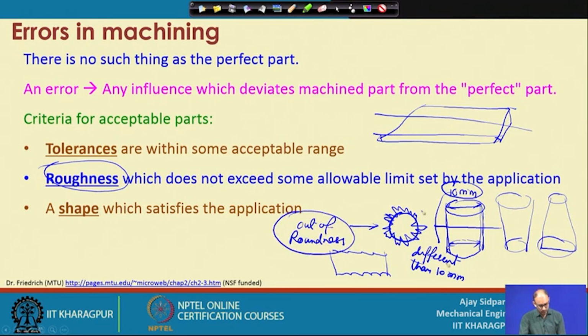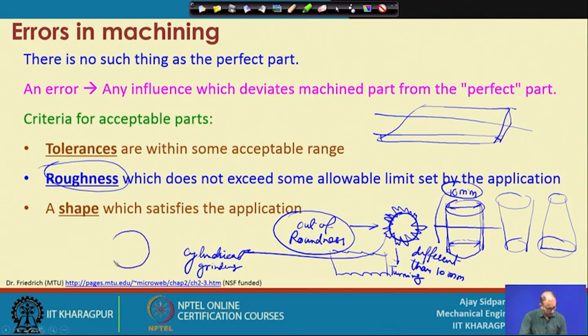Right. So, now what you have to do, if you are getting this type of part after a turning operation, so this is a turning, then you do a cylindrical grinding operation, and now the same part, and then you can actually reduce the variation in the out of roundness. So, now you are getting closer to the perfect circle,